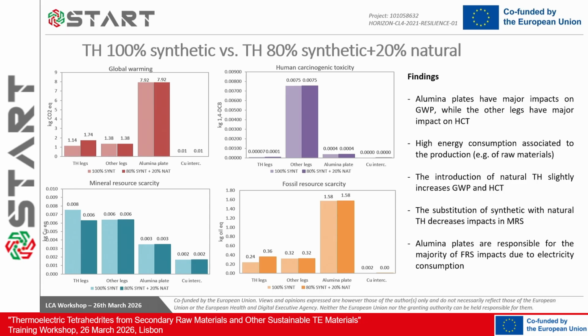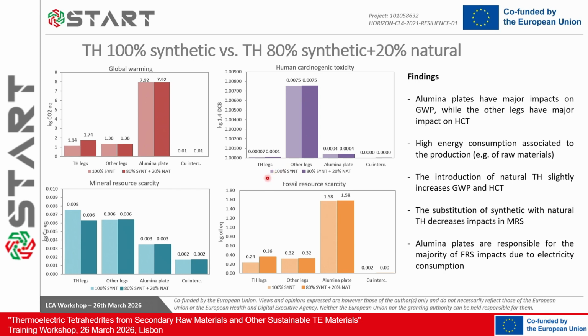But what we can see is that the main impact is coming from the alumina plates on global warming and also on the fossil resource scarcity. And regarding the toxicity,